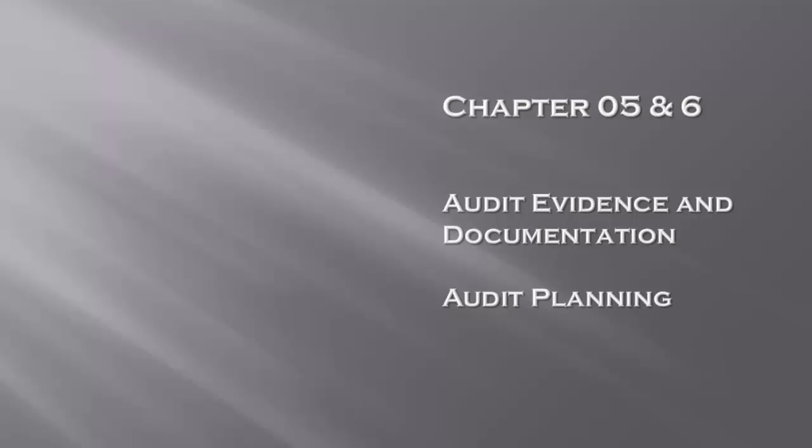Last session, we covered a lot of technical material related to legal liability and some standards and so forth. But now what we're doing in these two chapters is really focusing on what it is that we do as an auditor. As an auditor, we are examining evidence, we're examining documentation, and there are some very specific steps related to the overall audit process that are absolutely critical for us to understand.